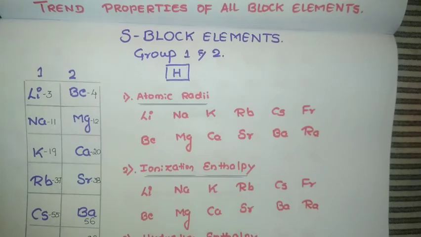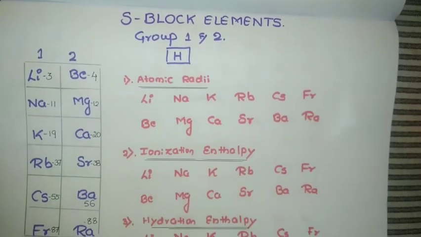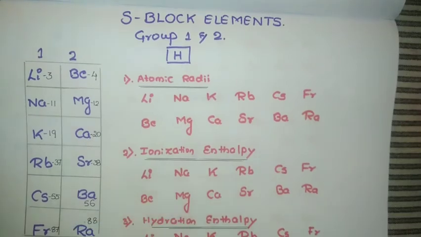So I have summarized the different trends, and we're going to study first the S block elements, that is group 1 and 2, where I'll cover 12 periodic trends with explanation. If a change occurs, why it happens, that we're also going to study. As I told, we're going to discuss the 12 properties in 3 videos, and in each video I'll discuss 4 properties.